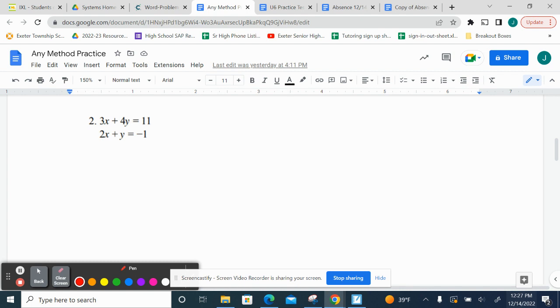However, I do notice when I am looking at my variables, I could solve for y. So in this case, I'd call this one a choice. The other one, I think you kind of have to go elimination. This one, though, I would say you can make a choice. I'm not going to tell you what you'd have to multiply by, but you're going to have to. But in both methods, you're going to have to make an adjustment, and so it ends up being about the